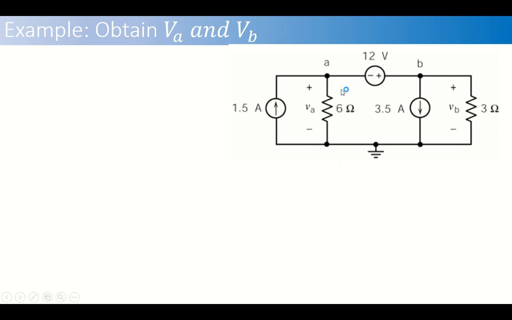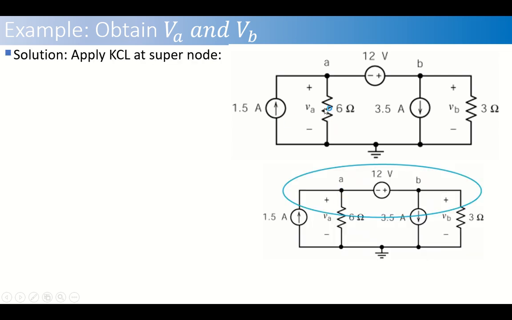So anyway, since there are two nodes, this means that there are two unknown voltages VA and VB, so we need two equations. Another thing we can use is that we must have the direction for the currents in each branch. Current direction in this branch is given, and we can show the current direction in this branch from point A to ground, and here current direction is given from point B to ground, and here we can also show the ground current direction from positive point to negative point.